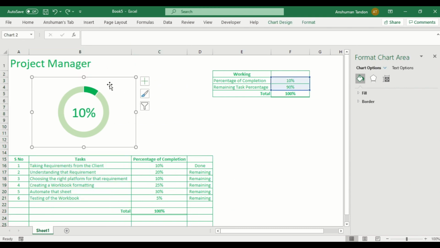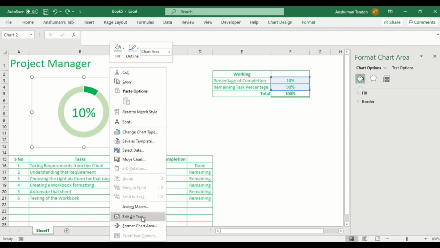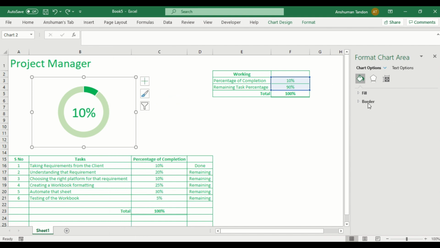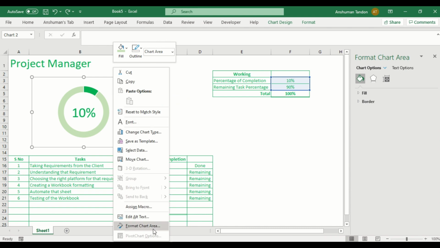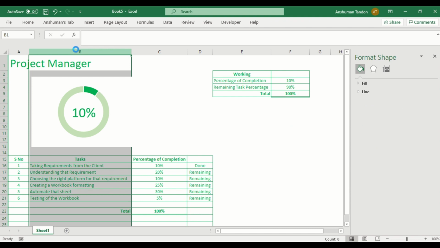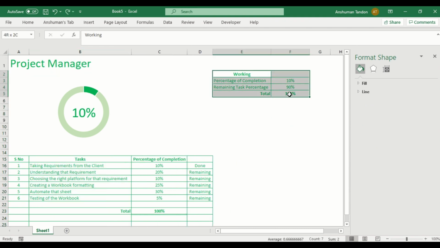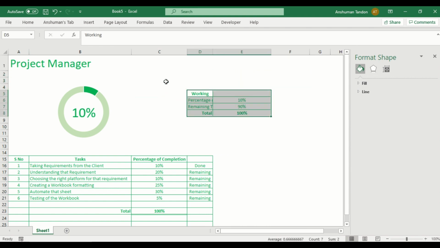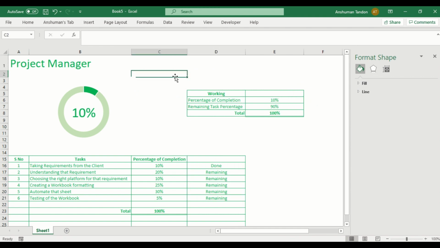So what we can do is select this chart, do a right click, and go to this format chart area option. I can simply choose it, and in this option I have to go to this properties option. Now I can select this don't move or size with the cell. So now no matter how many columns I add, this chart will remain here. Now what I can do is cut this working and put it over here so that it will look much closer to the chart.